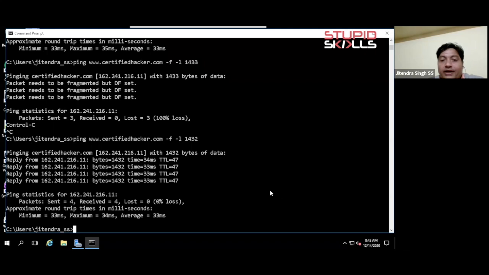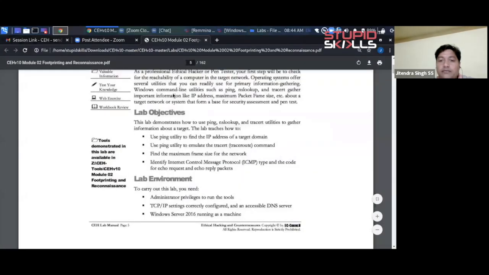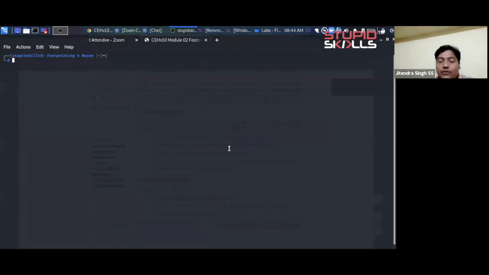Now, for those who do not have access to Windows, let me give the same example on a Linux terminal. But the options on the Linux terminal are different, so I'll give just one example. You can use the same command, ping, the name of the target, and you say minus m,